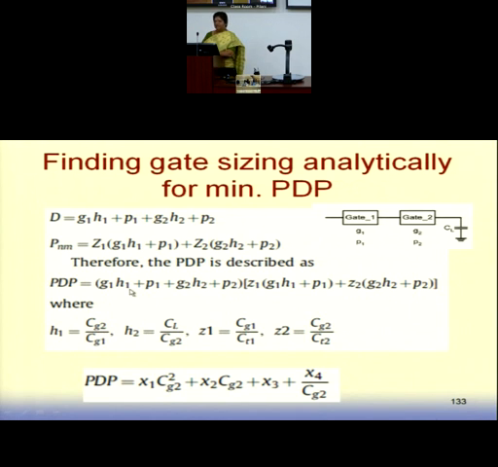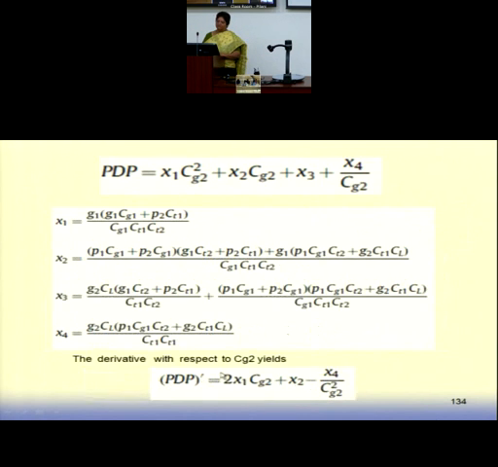So the PDP value, when you multiply, gives you a long expression, which is expressed in terms of x1, x2, x3, where x1, x2, x3 and x4 are given by these equations. After multiplication, you need to multiply because it is a PDP you are looking at. So we get a large expression expressed in terms of variables x1, x2, x3. Because we are interested in finding the optimum loading at the input of gate 2. So CG2 is where I would like to minimize it. I want to minimize my PDP with respect to CG2.